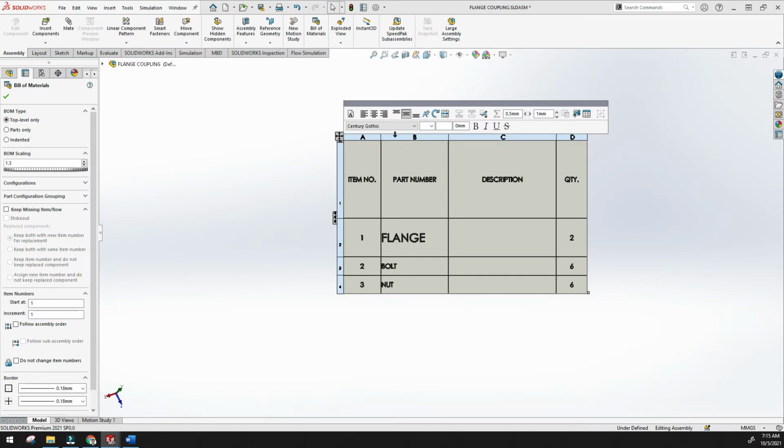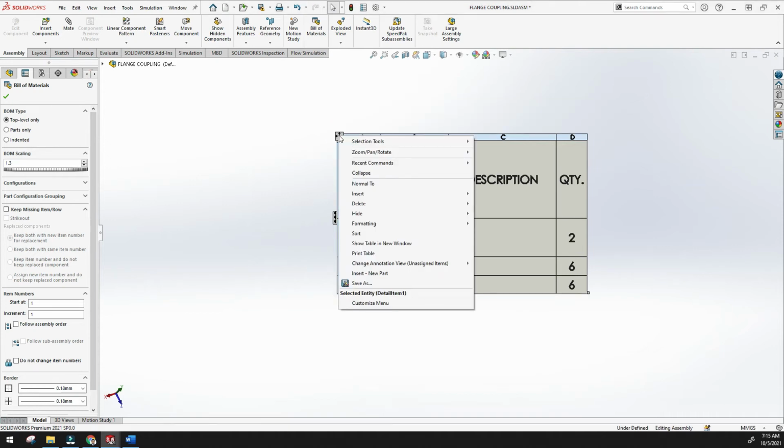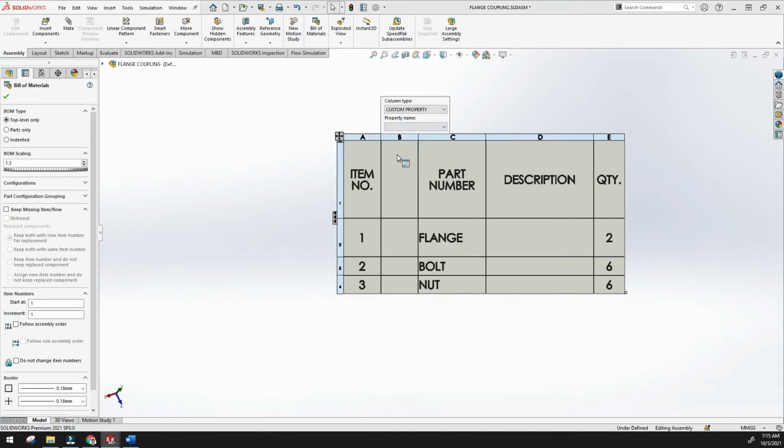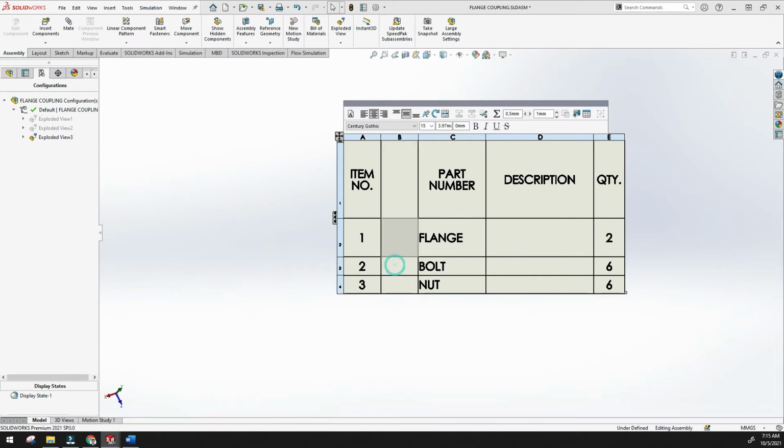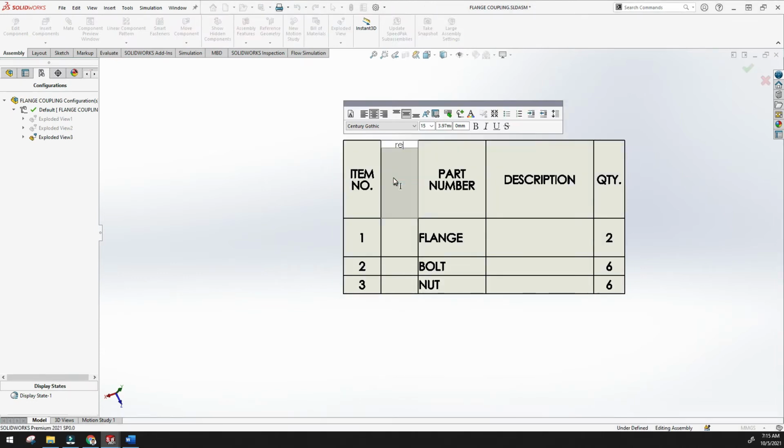Just click this, change the size. Just right click, and you will have the option like insert column right, column left. If you want to insert any other column, see, I have just inserted the column. If you want to mention something, just write here.